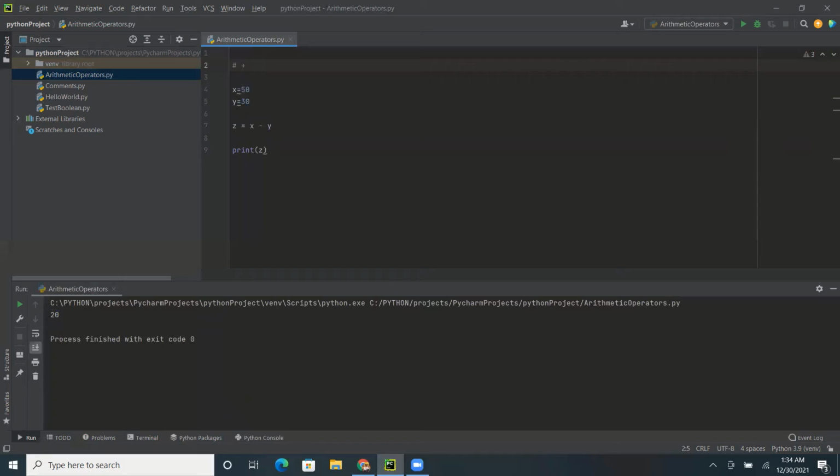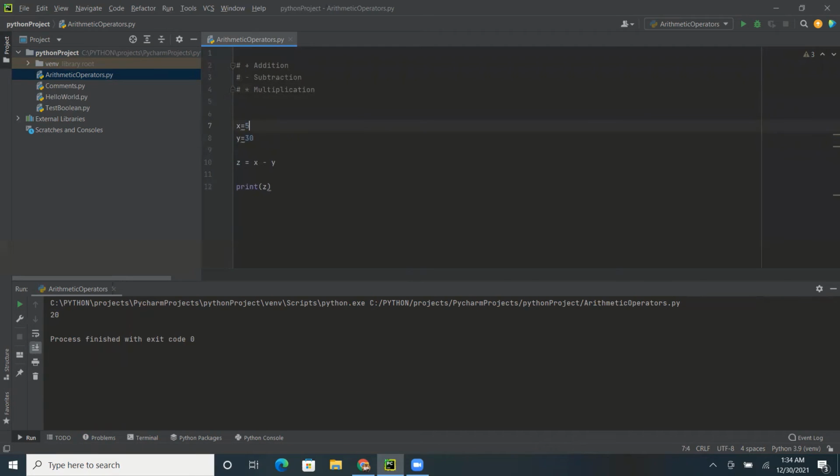This is addition, this one is subtraction, then this one is multiplication.